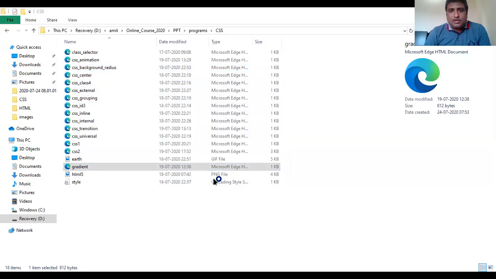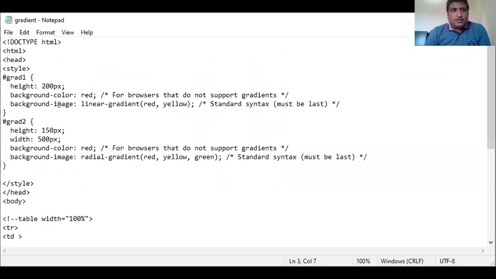So here is the code. Here we write ID properties grad1, its height, background color red. If the linear gradient property is not supported, since some browsers do not support it, it will be shown in red color.